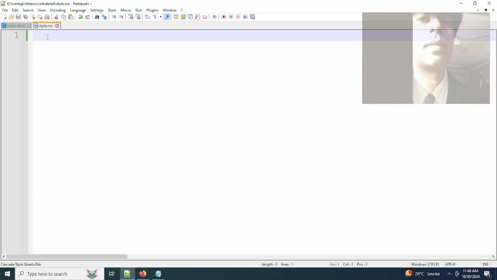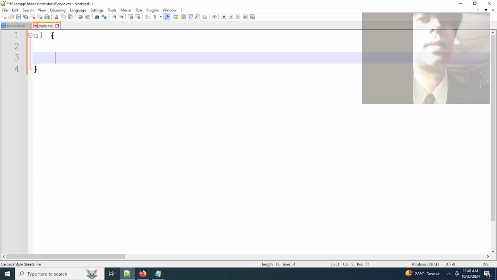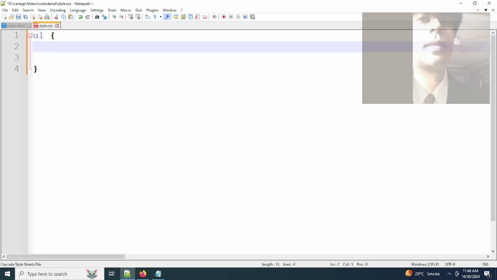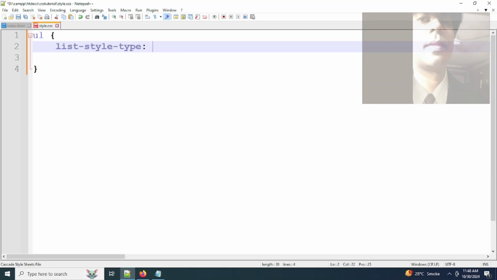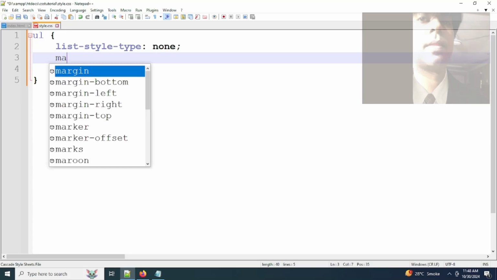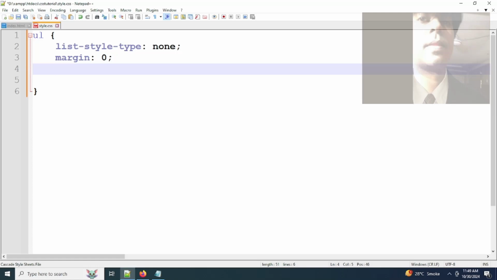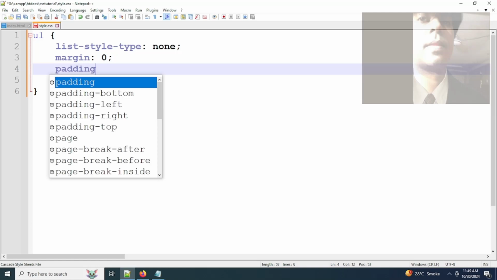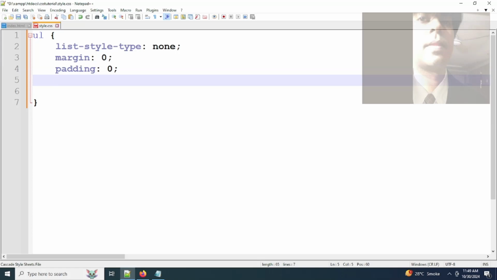So we will use UL selector, open and close. In between UL selector we will use CSS property and value. List style type colon none semicolon, underneath margin colon 0, padding colon 0 semicolon. After that overflow,